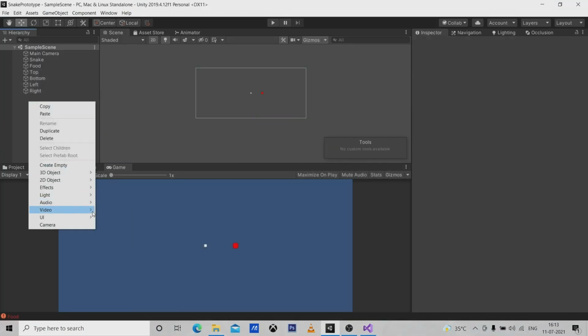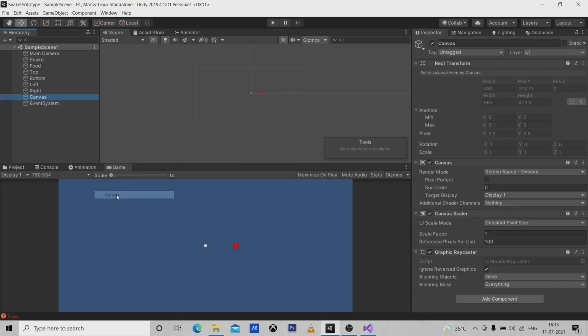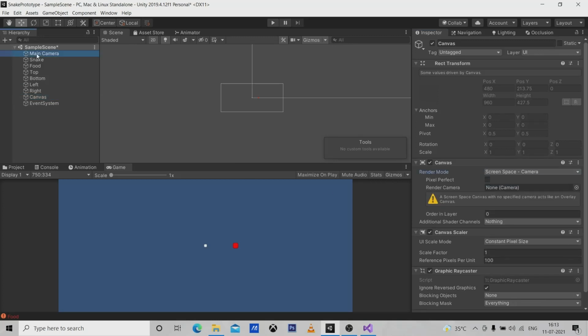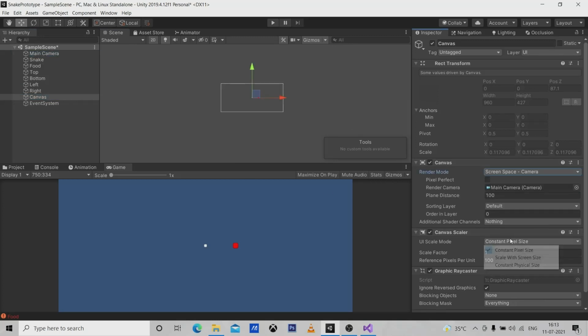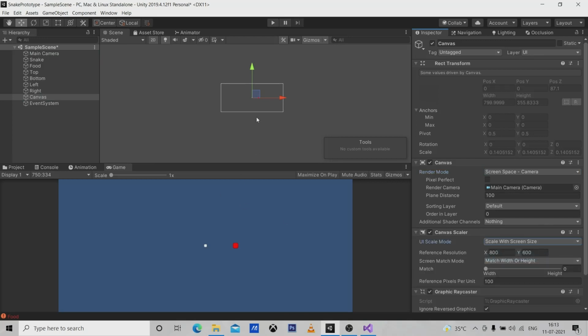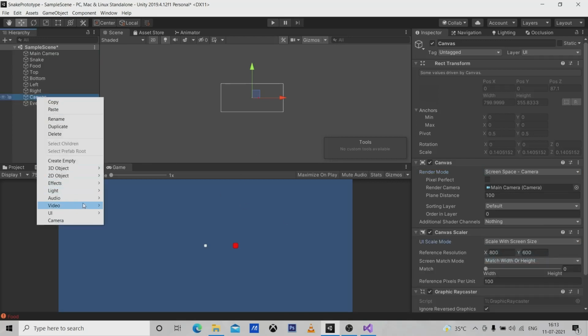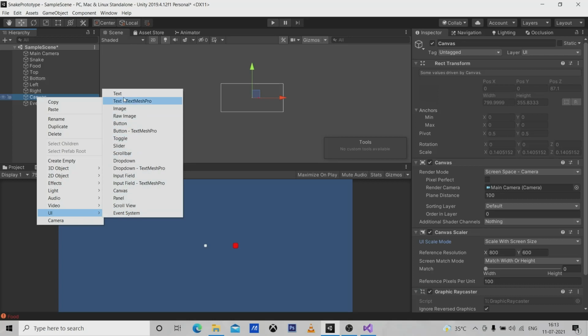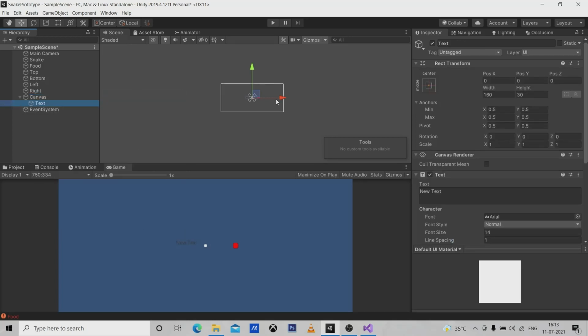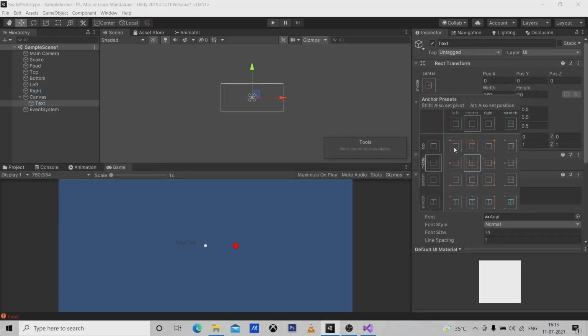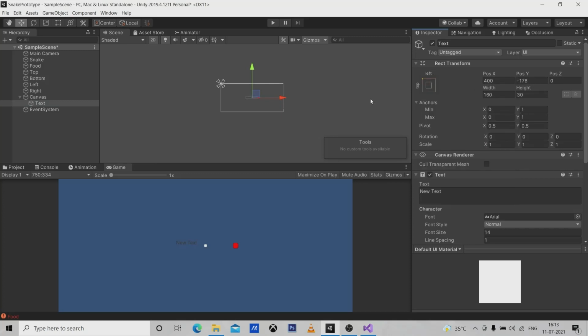now we have to create a new canvas here, make it the camera and just drag and drop the camera here. Don't forget to change the scale with the screen size. Okay, and then create a new UI text here. Okay, so you will get this text. Change the alignment to corner and then move it to here,